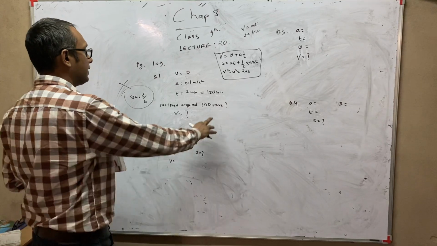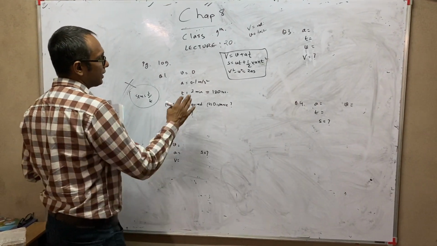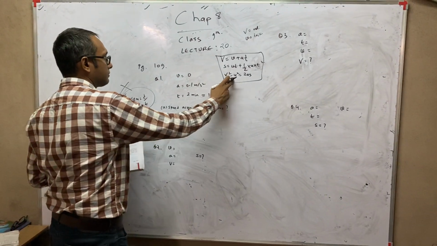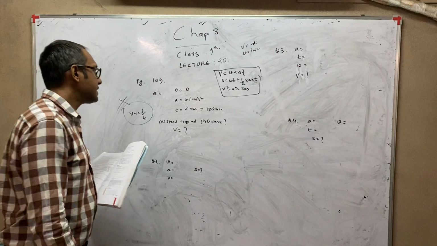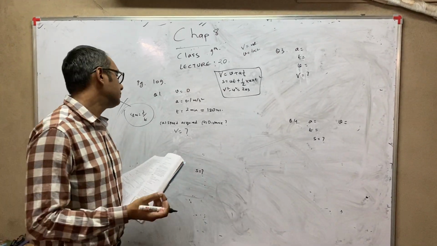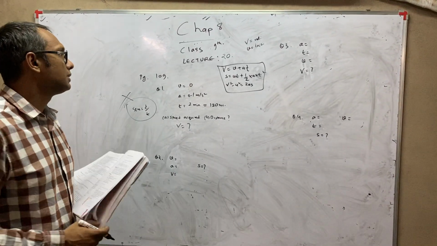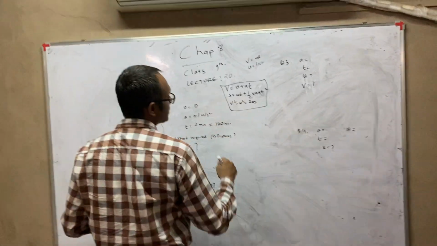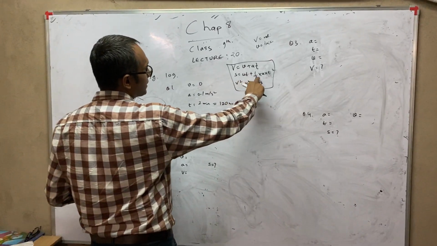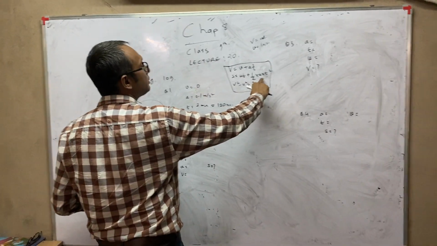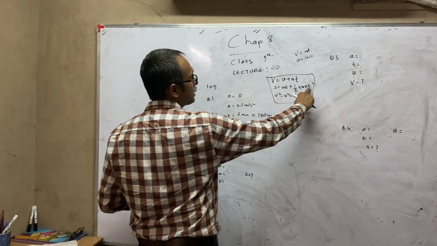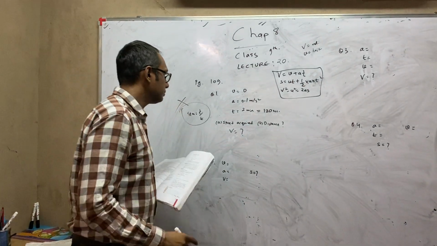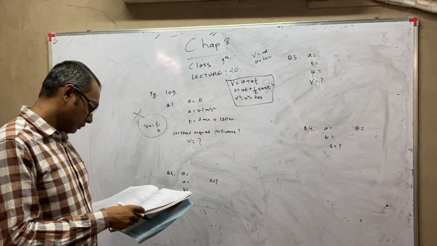The second is find distance. For distance, after you find v, you see which formula you want to use, whether you want to use this formula or this formula. And as I said, in some sums both the formulas can be used, so depending upon your convenience you can do. Also most of the children have corrected the mistakes, but in the last homework, this formula s equal to ut plus half a t square, it is half into a into t square. Only t, the squaring you have to do. Some kids are squaring a also, no, only t squaring you have to do. So this is question number 1 on page 109.